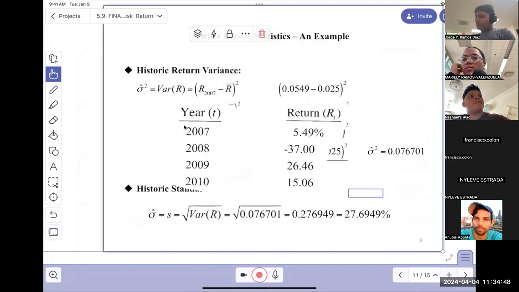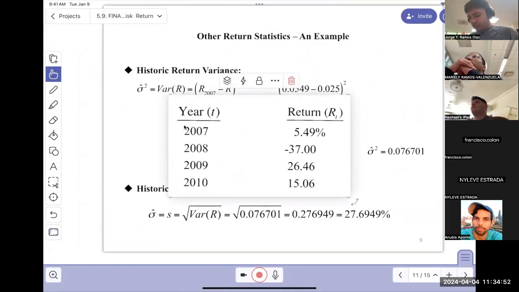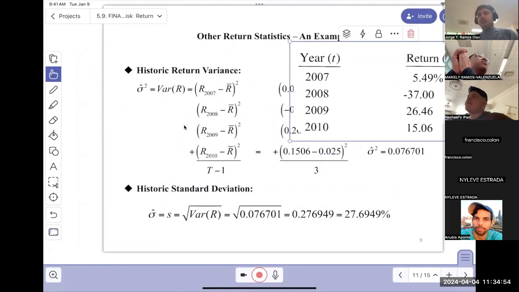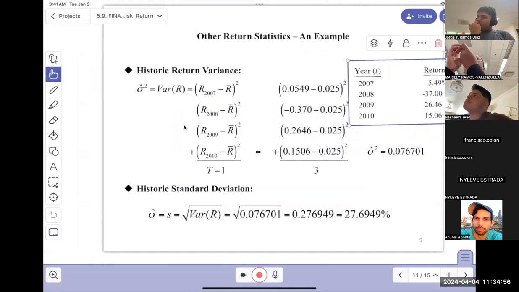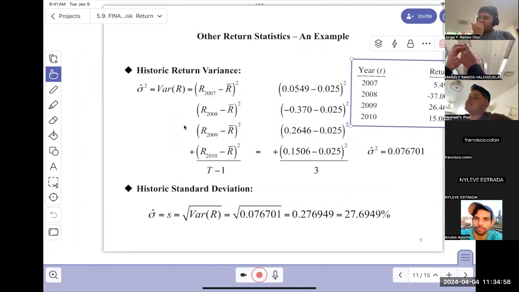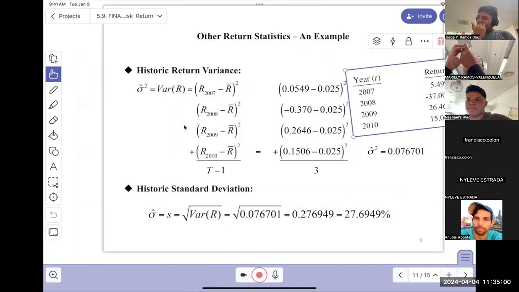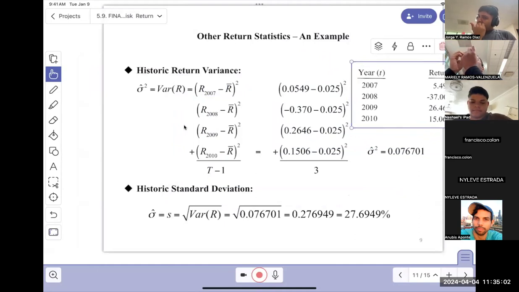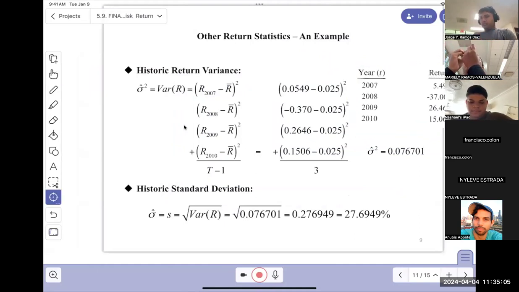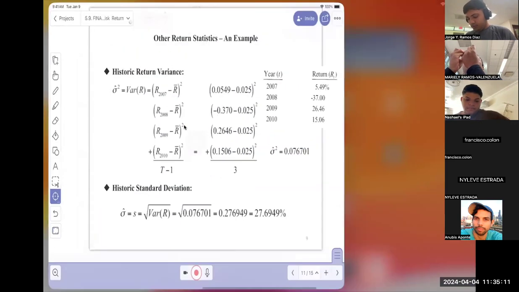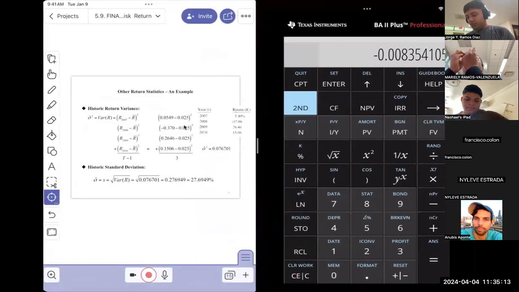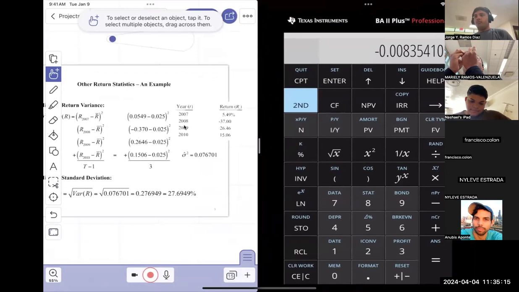So entering this data into your calculator rather than doing it the long way, but you should be able to do both. You shouldn't feel shy to do it manually or with your calculator. So using our calculator, remember for one variable,